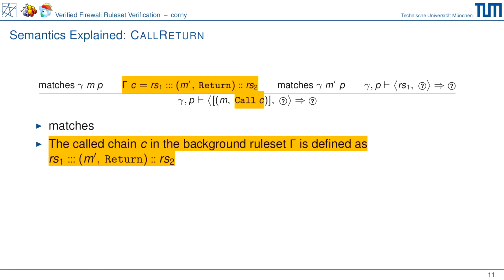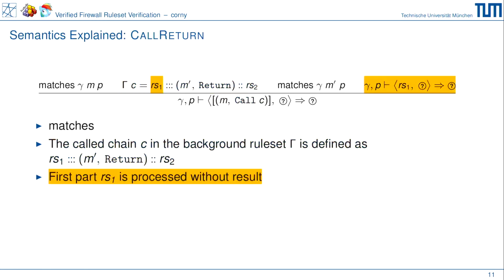First there is RS1, then there's M prime return, and then there is RS2, which means this user-defined chain can look as follows. First there is an arbitrary part called RS1, an arbitrary amount of rules. Could, for example, be the first ICMP rules we saw in the DOS protect chain. Then there is a rule which has an action of return, and then there can be more arbitrary rules called RS2, can be an arbitrary long list of other rules. Okay,